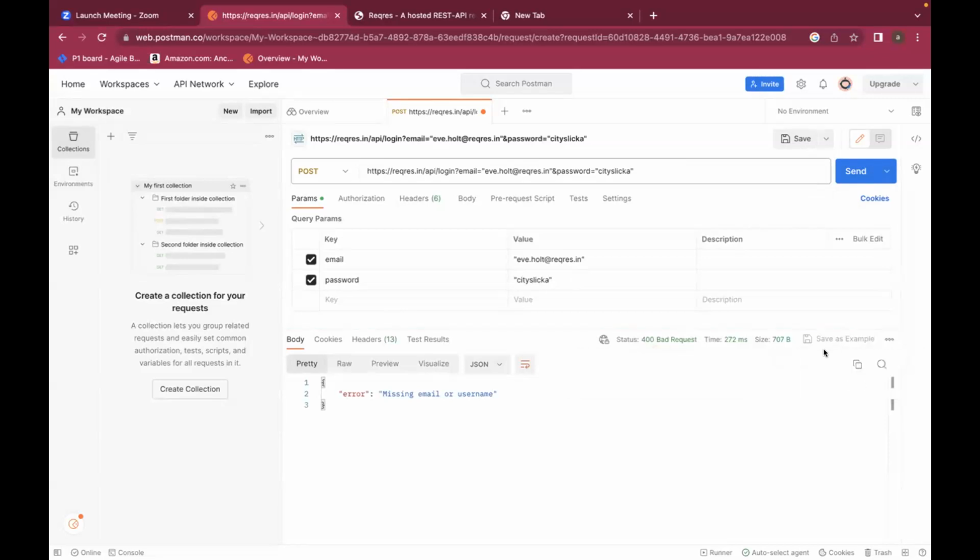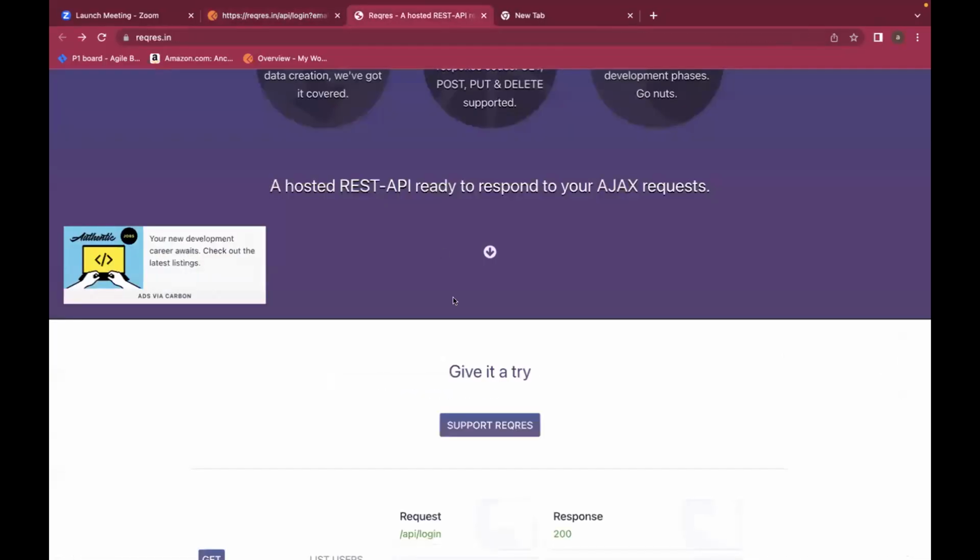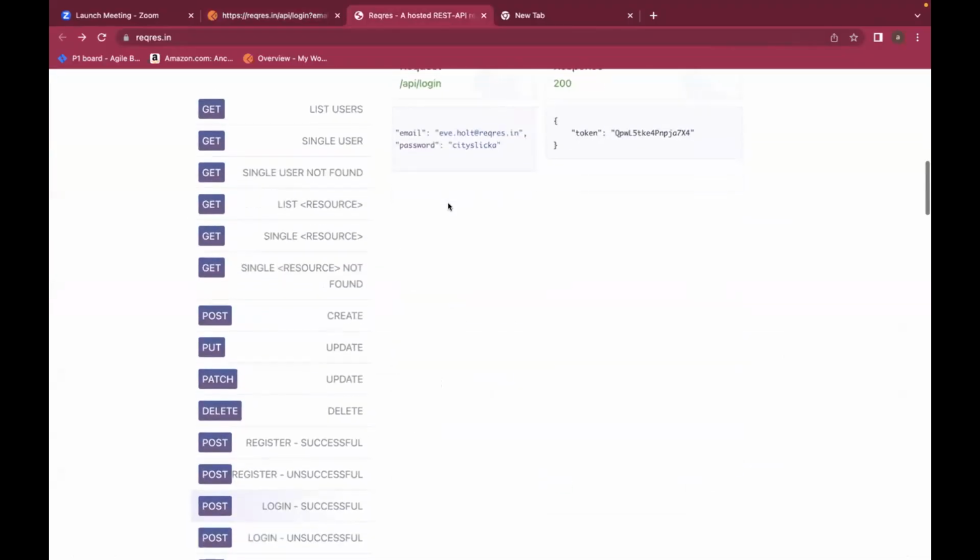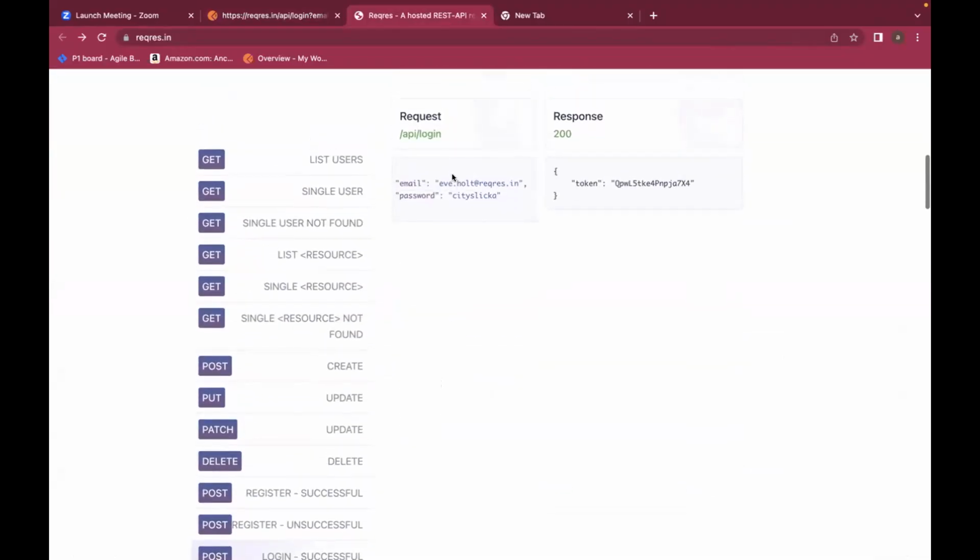Bad syntax. Let me also check that endpoint. Hold on a minute. You also have ID as the parameter. Check once. No, we don't have. Only email and password are there.